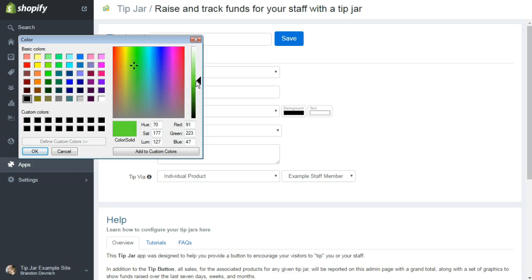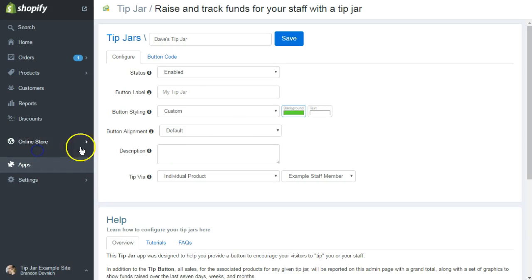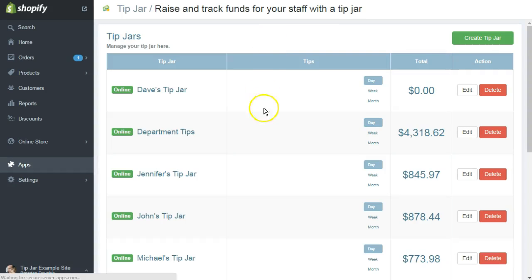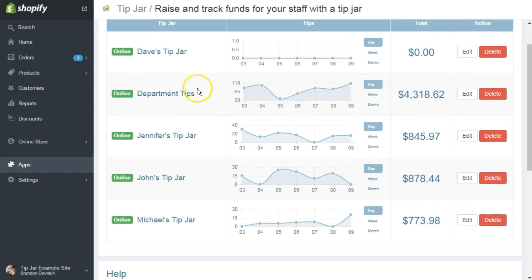In this particular theme, I think the default is an orange or red color, and the alignment, we can leave it as default. You can either align it left or right, or just use the standard block level of the surrounding form. So we just hit save at that point. That'll take us back here, and we're going to see that Dave's tip jar has nothing in it. Right? So we'll go back here